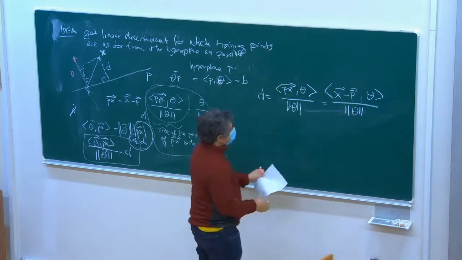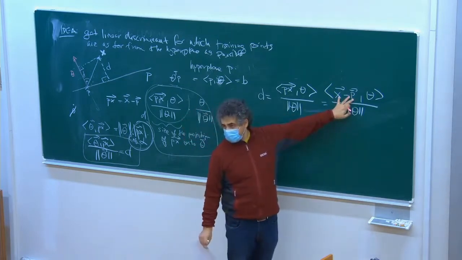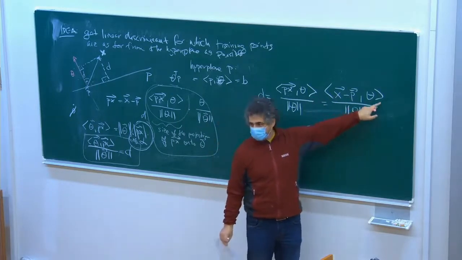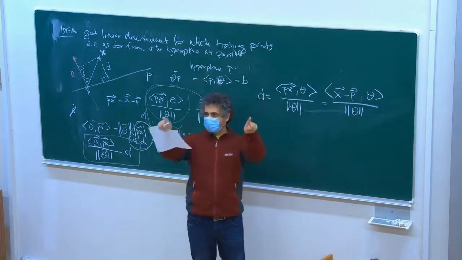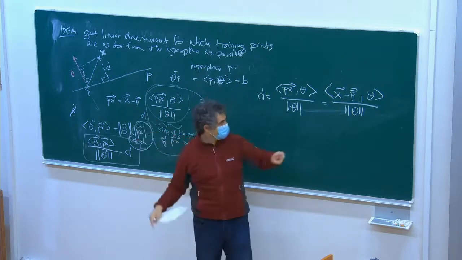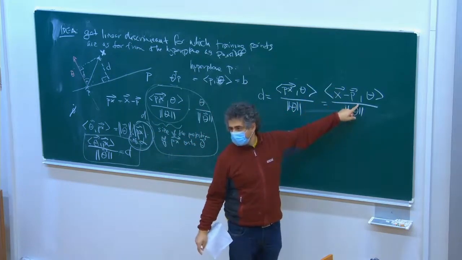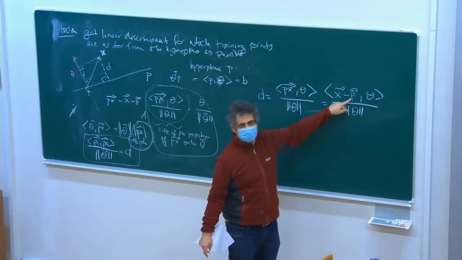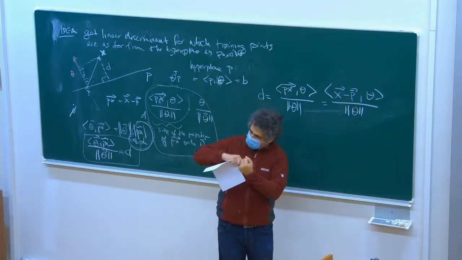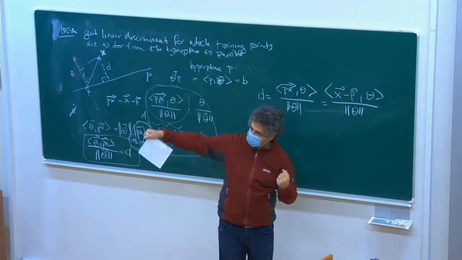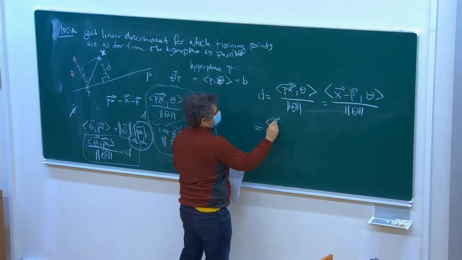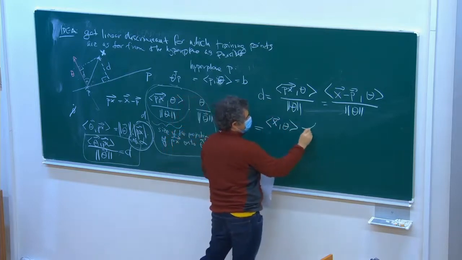So now, what is this? A vector is just a sequence of numbers. It's also a sequence of numbers, and we are basically multiplying first number with first number, second number with second number, third number with third number, and so on. So if we are subtracting one vector from another, then I can take that subtraction and get it out of this. So basically I can write this the following way. I can do the dot product of x with theta minus,